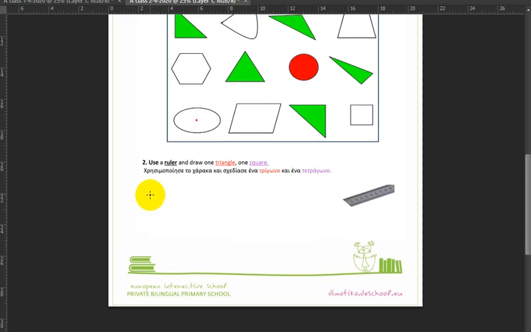Okay, next up. This exercise says use a ruler and draw a triangle and a square. So what we would do is we would take our ruler, and you don't have to be super precise with this. You just want to know that you have a general idea of what's going on. So as we've said before, with the triangle, the first two sides can be anything I want. So let's say I'm going to make the first side like this,